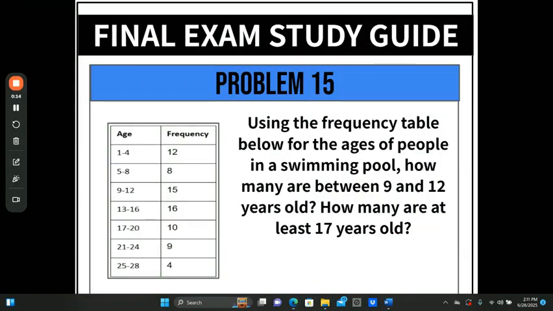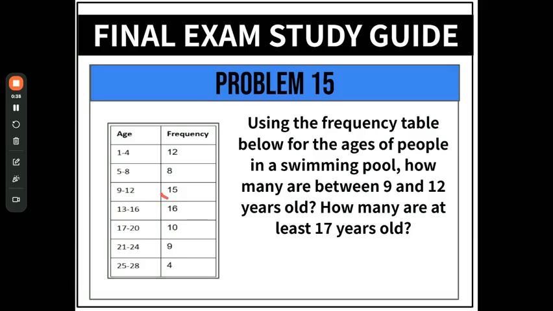Okay. This one says, using the frequency table below for the ages of people in a swimming pool, how many are between 9 and 12 years old? And then also, how many are at least 17 years old? So let's go over here to the table, and we can see that from ages 9 to 12, there is a frequency of 15. So 9 to 12, there's going to be 15 kids,